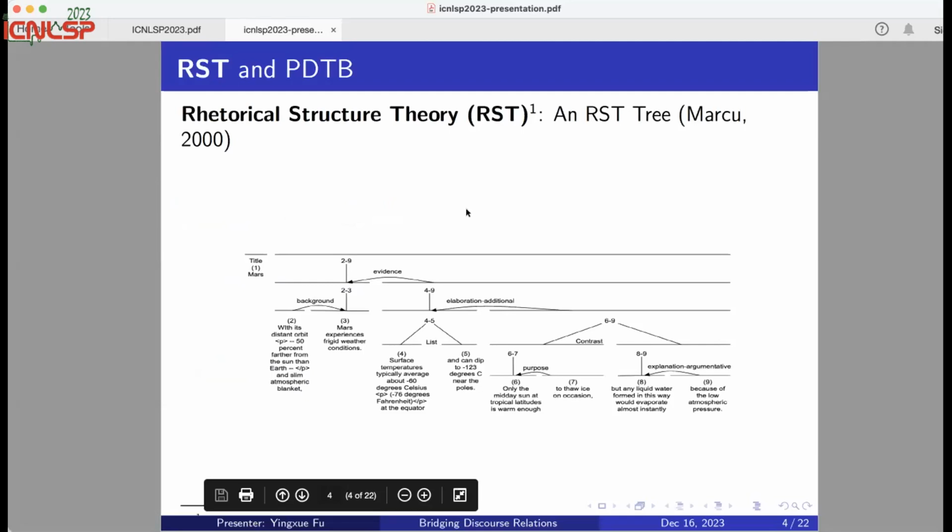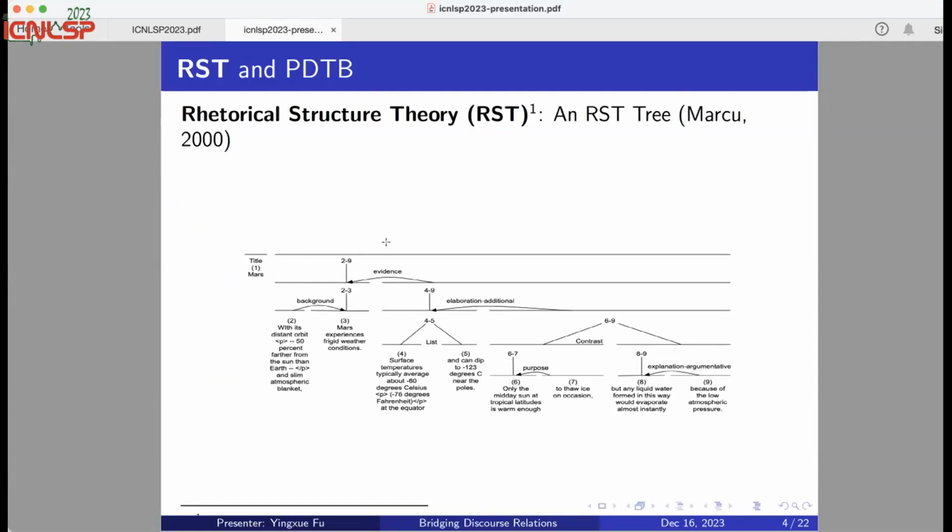RST and PDTB are two of the most influential discourse annotation frameworks. As not everyone here works on discourse, I'll give some review of these two frameworks. The first one, RST, rhetorical structure theory. It was developed by Mann and Thompson in 1988 and was later developed into a computational model of discourse by Marcu. As you can see in this example,